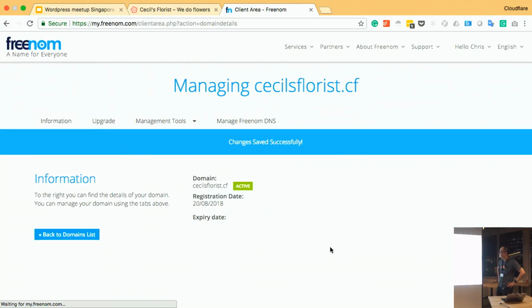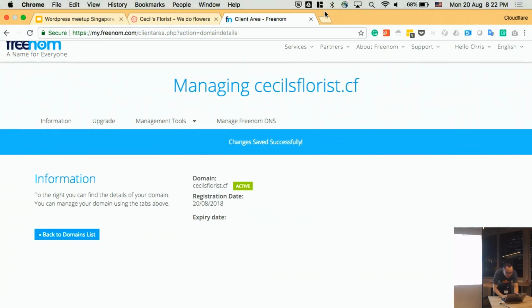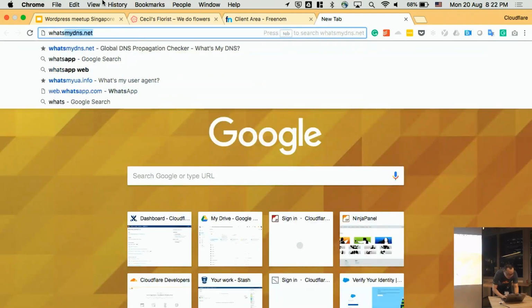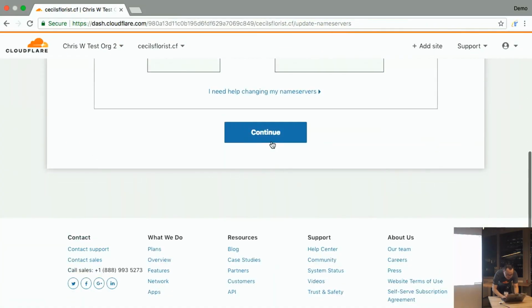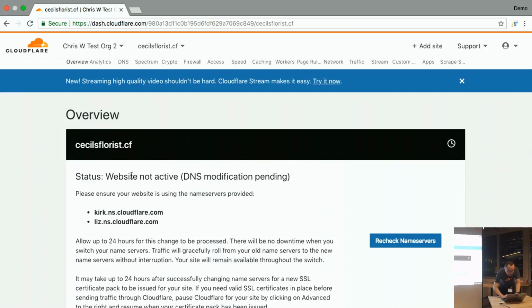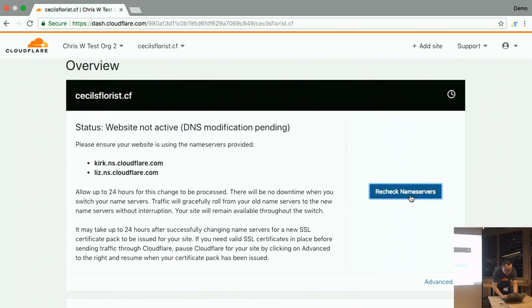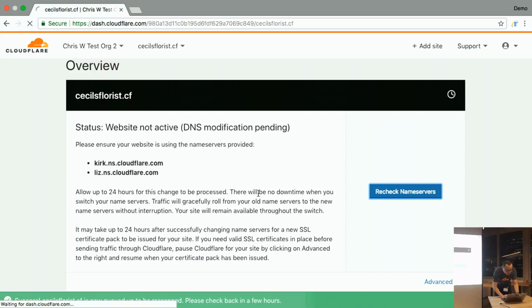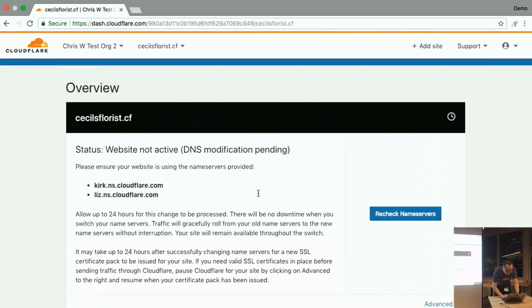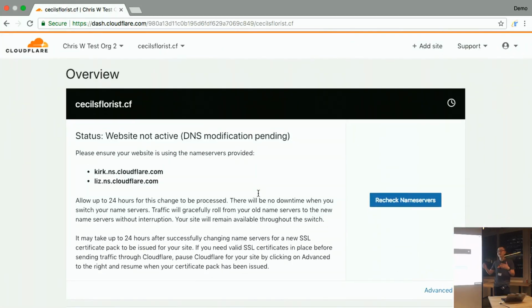So now let's save it. Okay. While I'm making the changes, at Cloudflare you can see that this site is still being activated, meaning that Cloudflare is doing some scanning to make sure that the DNS server changes have been made correctly. So we're doing this constantly in the background. This typically takes a couple of minutes, and there's no downtime, because what's really happening is that instead of letting